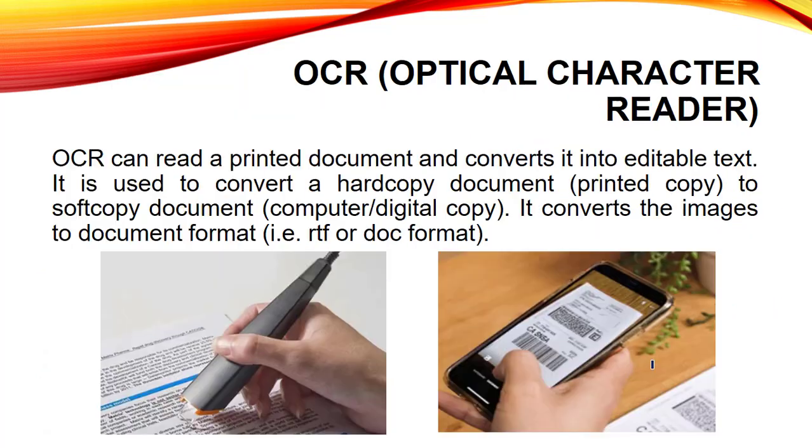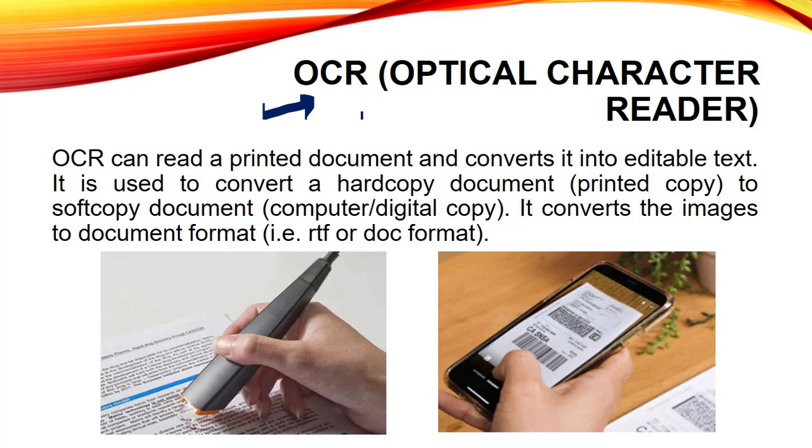Now next one is OCR or optical character reader. This OCR is similar to our OMR, but the only difference is that in OMR we use that device for checking the objective type questions, whereas in the OCR we will scan any printed document to convert that printed document back to the simple soft copy format. Now let's take an example. Suppose I have a page of a book. Now I want to convert that page of the book to a document file where I can edit the text. So for that purpose I can use an optical character reader or any